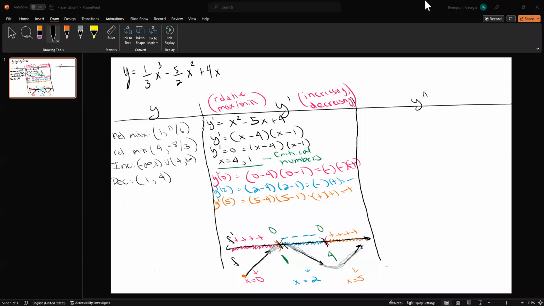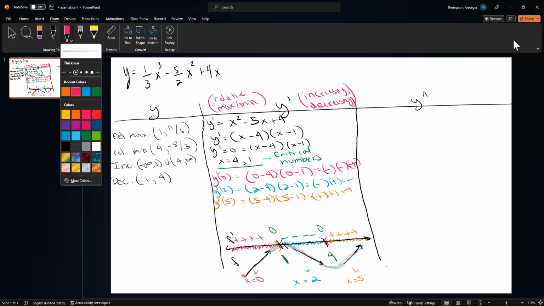Okay, so for this final video, we are going to talk about what the second derivative will give us. We already have found the critical number. We used the first derivative to find the critical numbers. To use the first derivative test, we found where it has a relative max, where it has a relative min, where it's increasing, decreasing. And so the next thing that we're going to use is the second derivative,